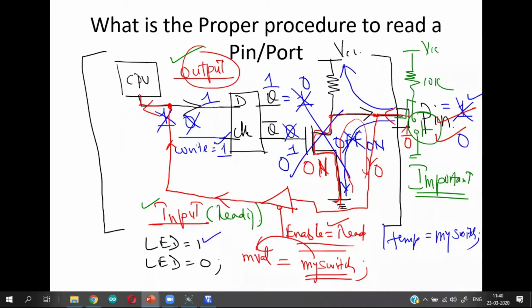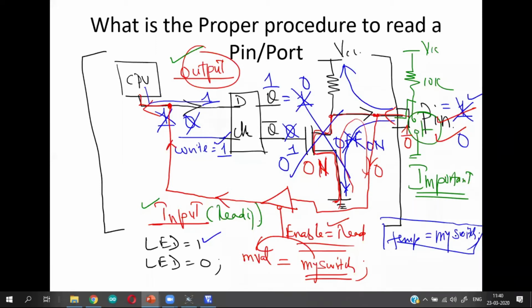Before you issue this statement, you have to put off this transistor. I have to supply a 0 to Q bar. Supplying a 0 to Q bar means supplying a 1 to Q, which means the D input has to be a 1. The D input has to be a 1 means the CPU has to write a value of 1.